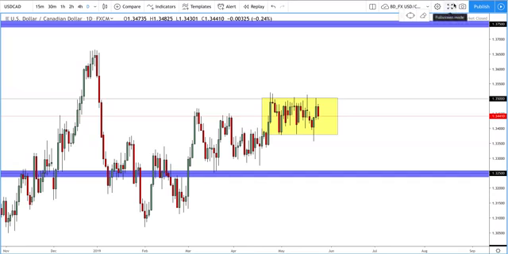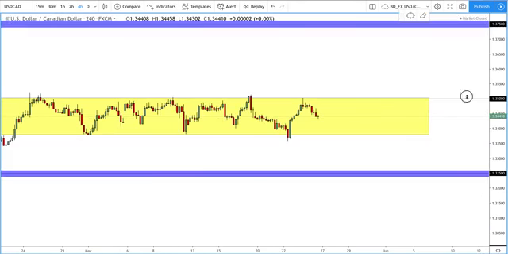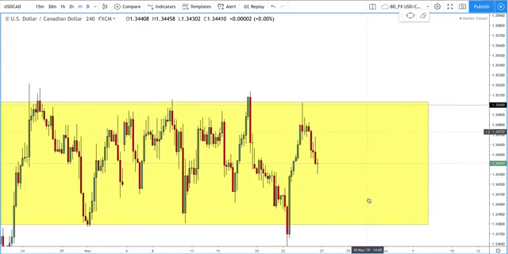USD CAD, I'm going to finish this up soon. There's a lot of pairs and probably too much for you guys to cover. That's why I'll just update it on a daily basis so it doesn't get too much for you to take in. But USD CAD, still liking a move to the downside. You guys should be in a short trade from last week, from my analysis. Still like a move to the downside.